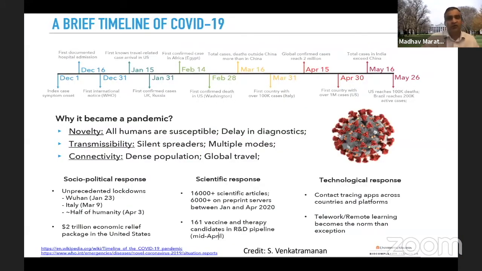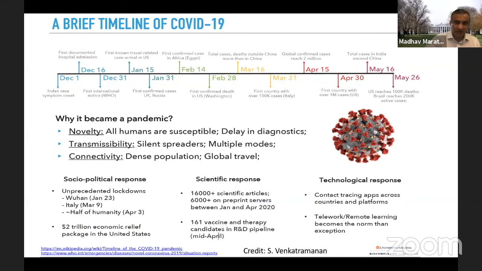COVID-19, for those of you who did not follow from the very early period of the pandemic, we got some early cases, or at least some sniff of it, in December. And then by 14th of October, you started getting a much stronger signal that this might become a larger pandemic than we had anticipated. And by mid-March, things were fairly clear that this is not going to abate and just stay in China, and it's going to move all around the world in a fairly significant way.